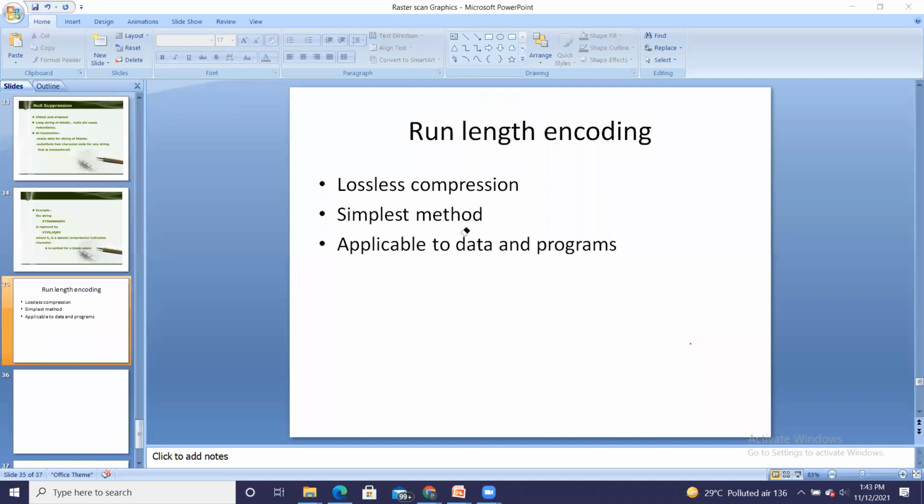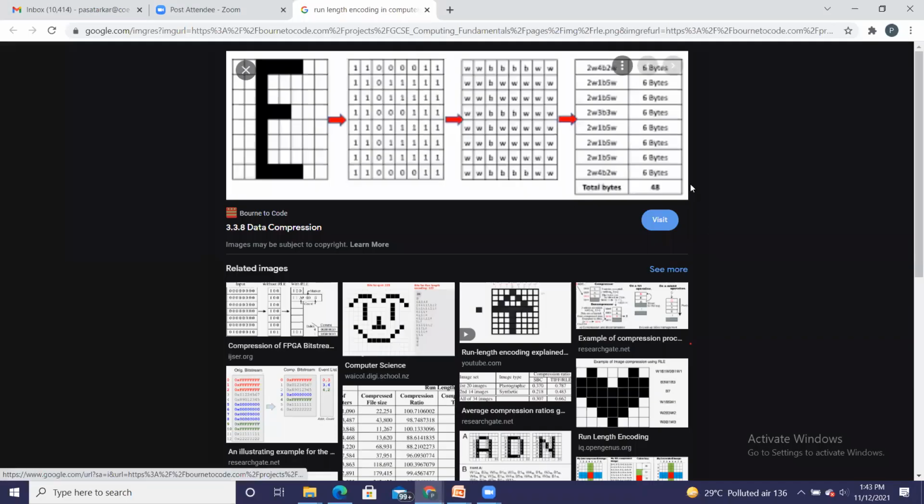Thank you. Okay. So run length encoding we have seen in short. It is a lossless compression. Data loss does not take place, isn't it? In this data example we have seen, after compression also we are getting the same data at the output, right? Encoding is done in such a way that data will not get lost. Okay. Then how is it applicable to an image? For that, I will show you one diagram. Okay. So this is your screen. On this screen, I want to print this capital E. Is it visible to all?